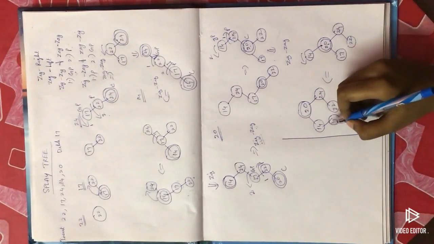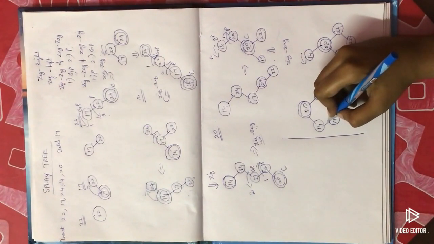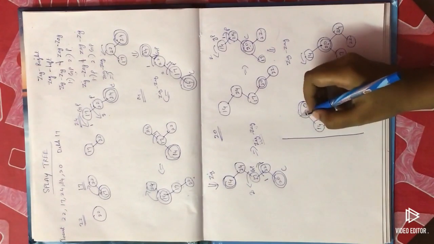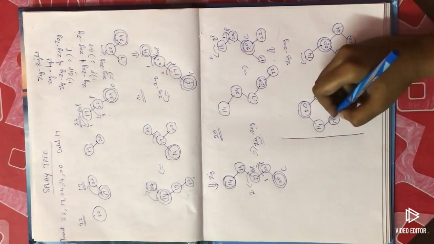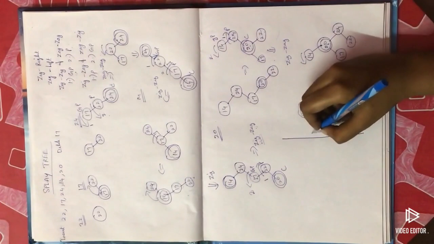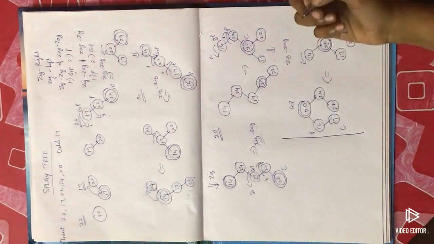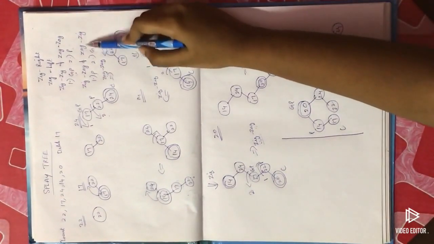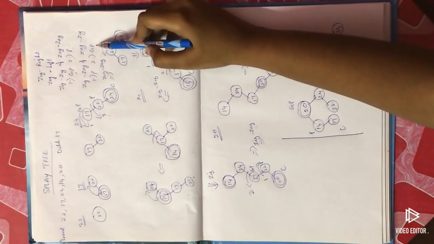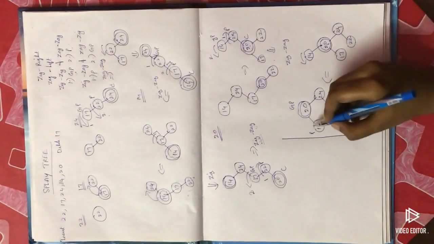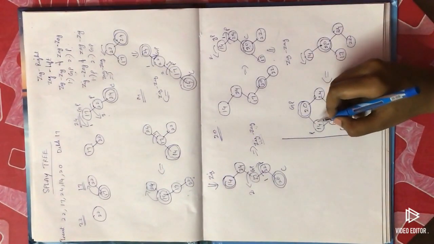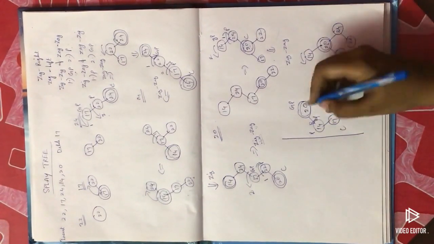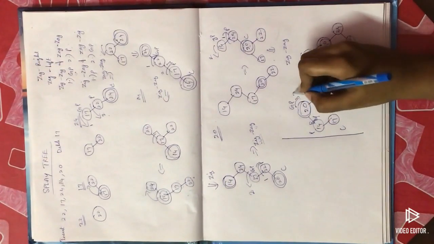Zag-zig rotation means what we will follow? First we rotate the element to the left side, then the right side. Okay. So first, this is the child element, this is the parent, this is the grandparent. According to the zag-zig rotation algorithm, first the parent element, then the grandparent element. The parent element should follow the zag rotation, and zag rotation means left-hand side. First I am going to rotate at the left-hand side, then the right-hand side.